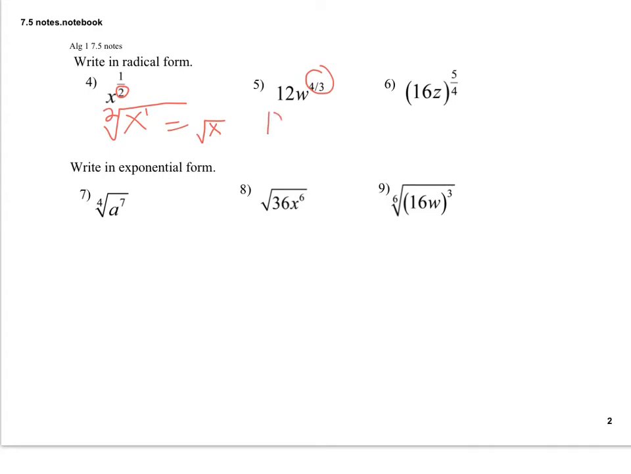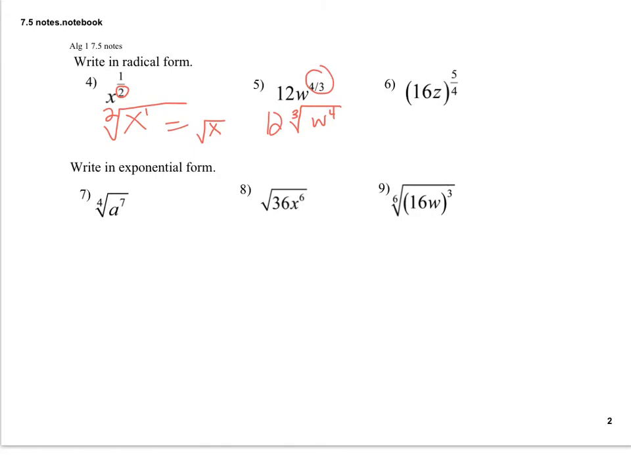So really, we have 12 hanging out here in front, and then we're going to have a radical symbol with a 3 in our index and a w to the 4th power. All right, that 4/3 power is only applying to the w. Now, it would change if we had a parentheses around the entire 12w, but we do not. So number 6 kind of helps us with that, because really